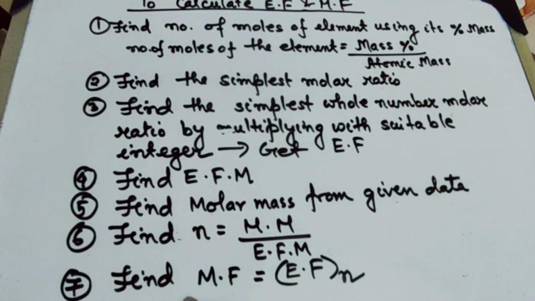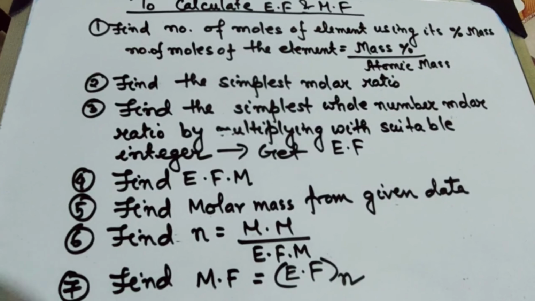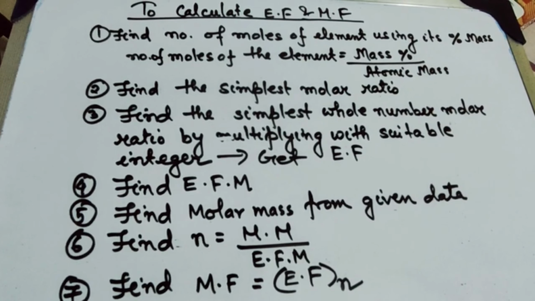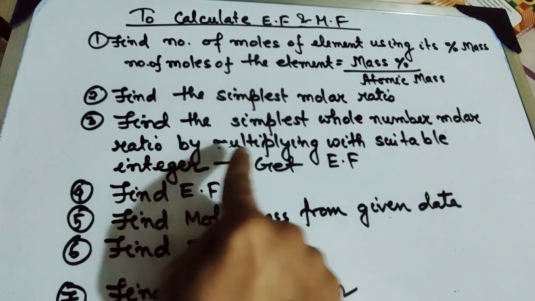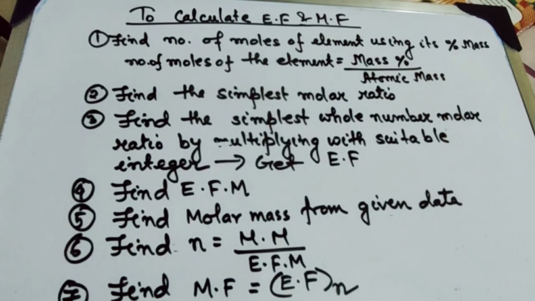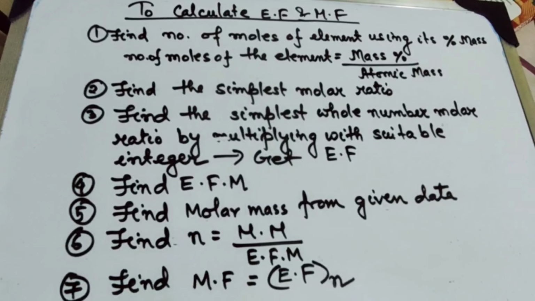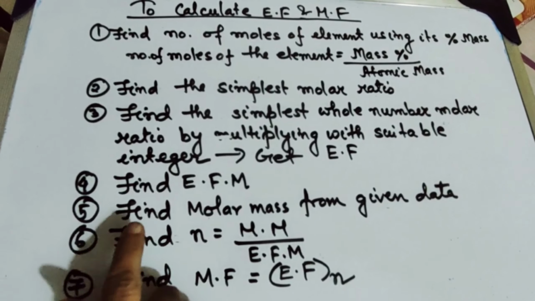That means whichever the number of moles is coming, you have to divide each number of moles by the lowest value. Then find the simplest whole number molar ratio by multiplying it with a suitable integer, and then you will get the empirical formula. After getting the empirical formula, you need to find the empirical formula mass,